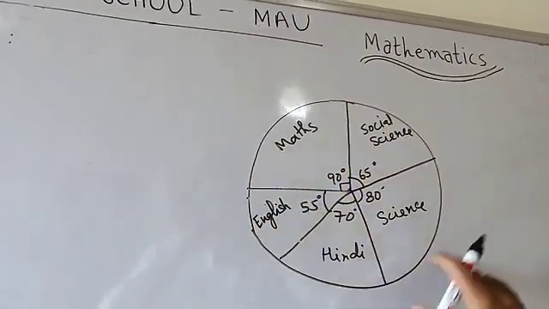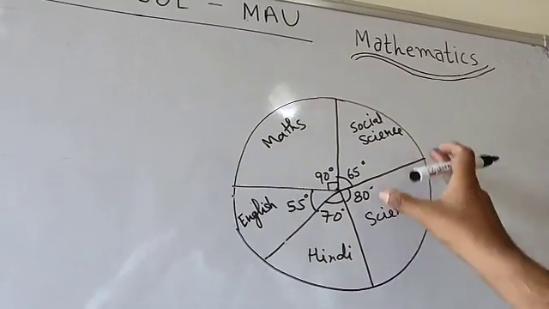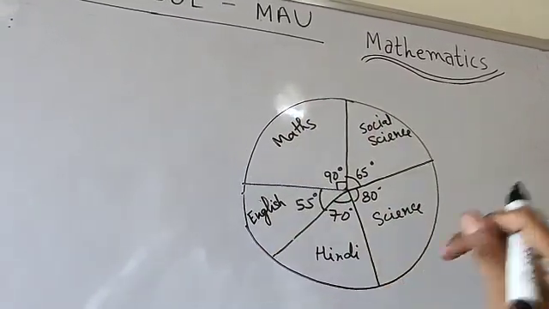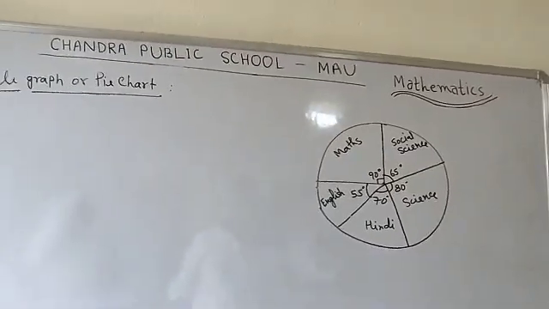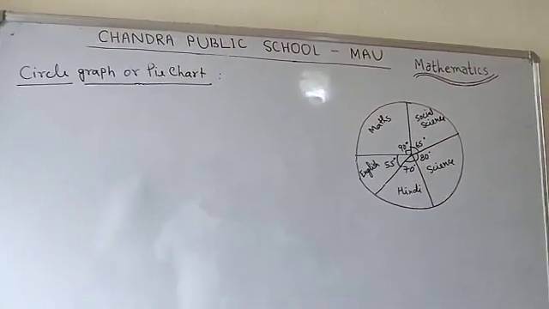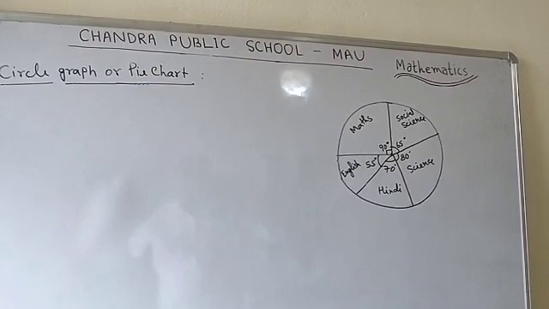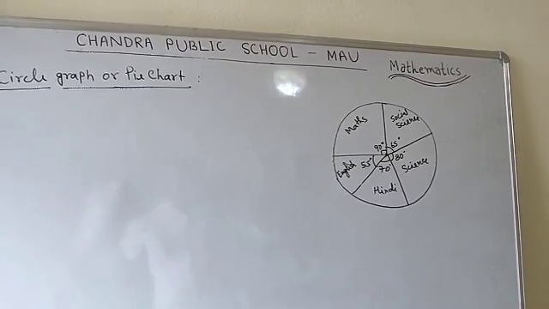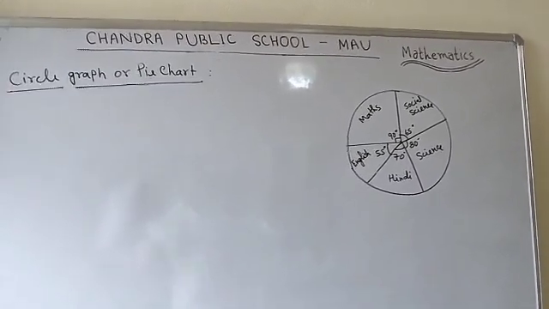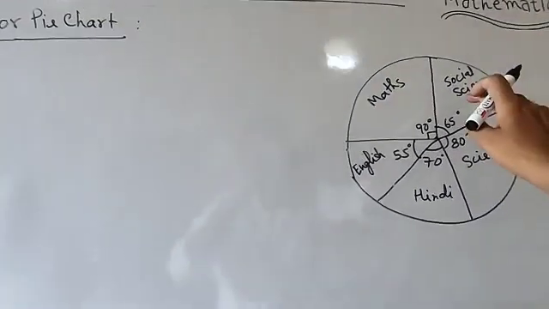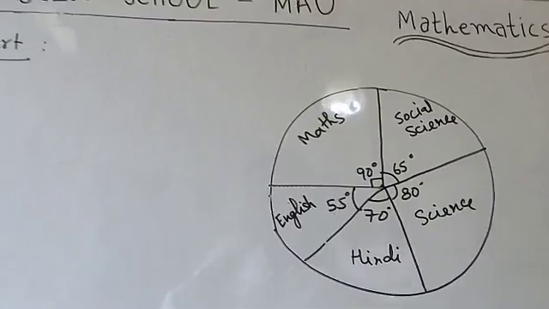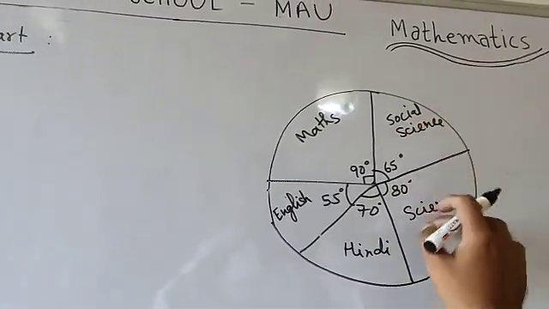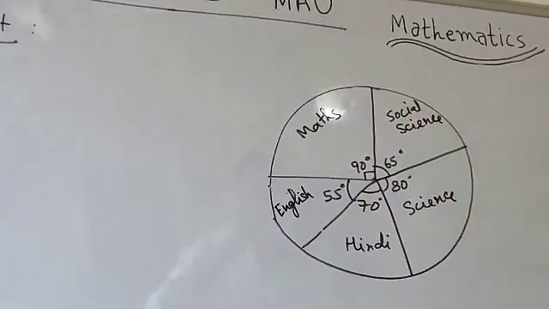So it is a picture in the form of a circle, and it is divided into sectors. That is the pie chart, and each sector is a component part of the information that is represented. It means each sector gives some value of that data. Each and every component is representing some value.